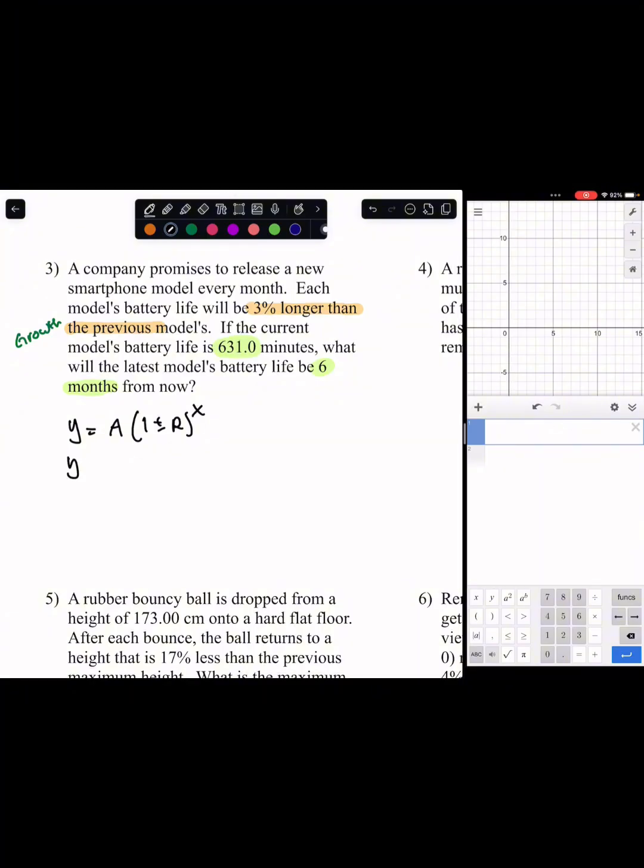So Y equals our initial, so we're starting at 631, parenthesis 1 plus the 3%. And then we're looking at 6 months. That's what changes, the time, okay? And then 631 times 1.03, when you add those together, 631, 1.03 raised to the 6. So according to this,